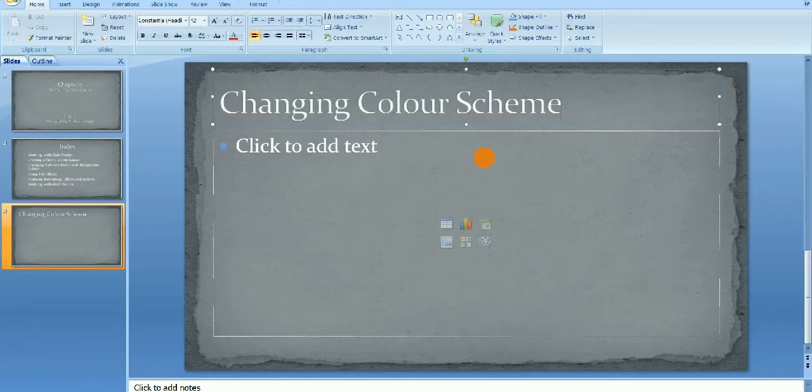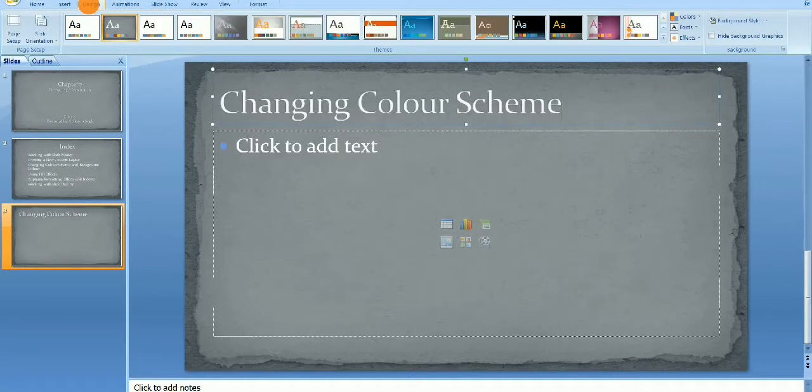The color of a specific element on a slide, such as the title or the background, can also be changed. For changing the color scheme, we have to click on the Design tab. Within the Design tab you can see different types of themes, here in the Themes group.